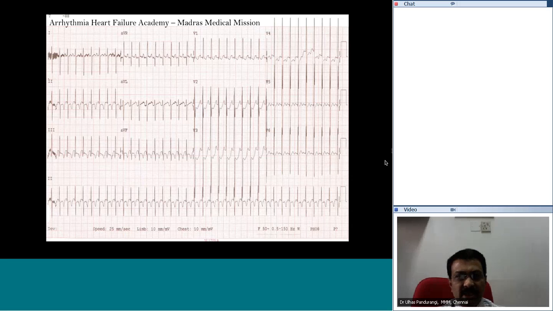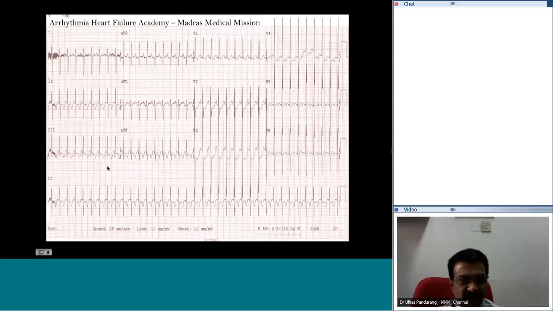Before I put up the questions on this ECG, let me guide you through it. What you can see here is a regular narrow QRS tachycardia, quite rapid. The rate is about 300 beats per minute. The QRS complexes in the precordial leads are in concordance with the age of the patient, so there is no abnormality there. So this is a regular narrow QRS tachycardia, rapid,